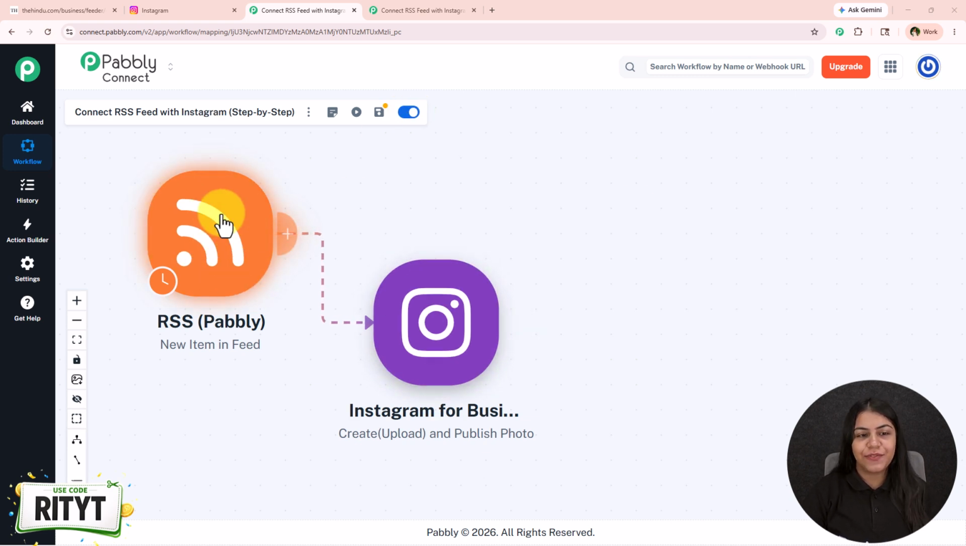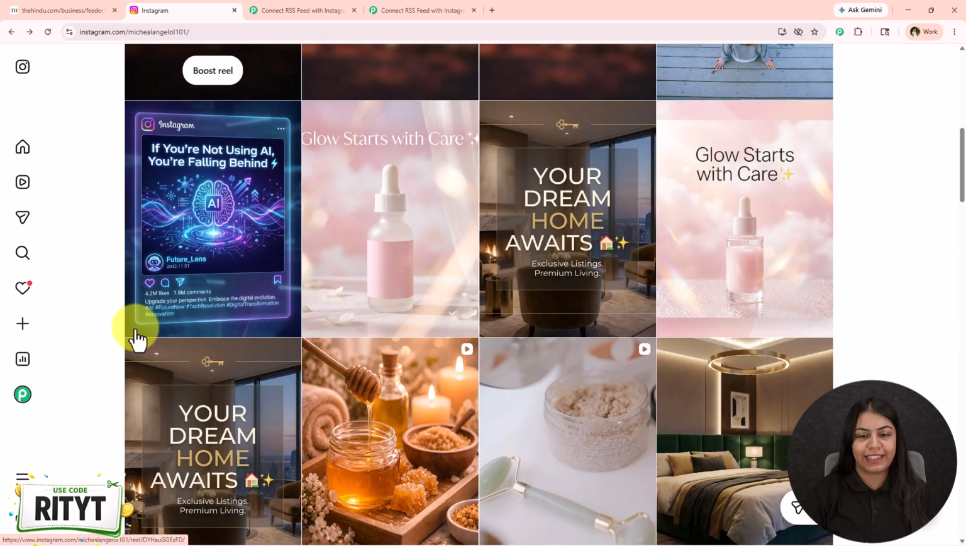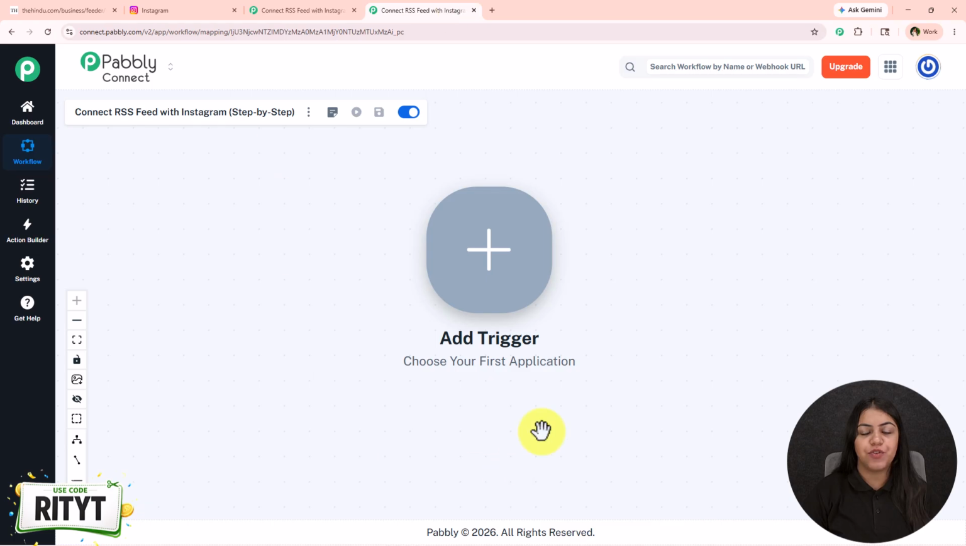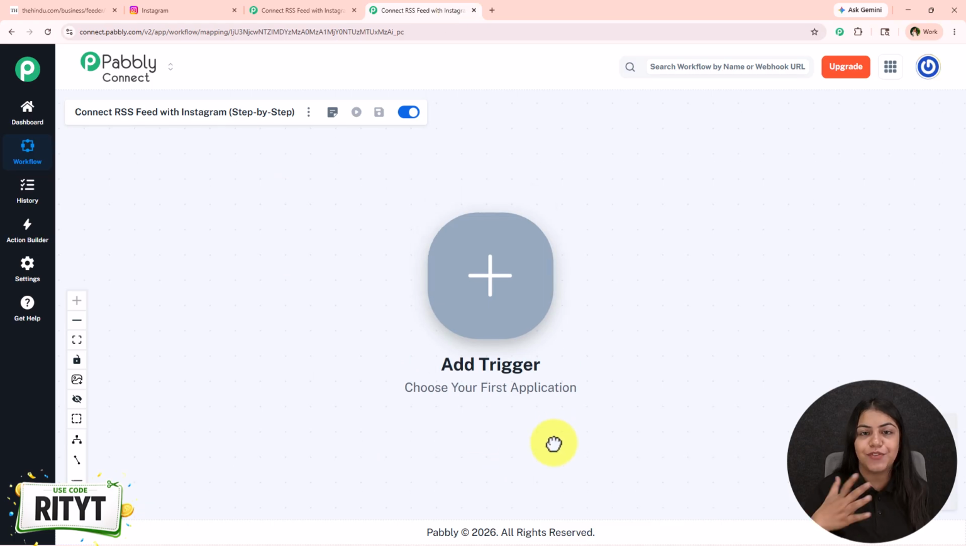Connect my RSS feed with Instagram so that I can share the latest news on my Instagram directly. And in this video, I'll show you how you can also do this. So to do this, you just have to open your workflow built inside Pabbly Connect if you are an existing